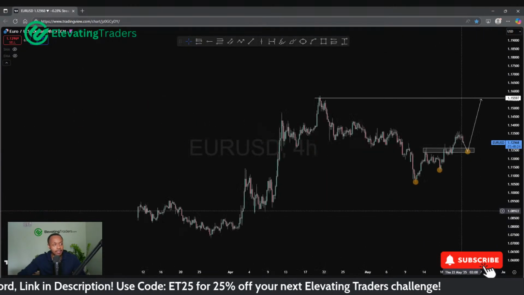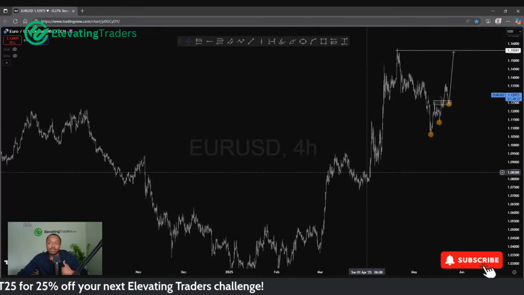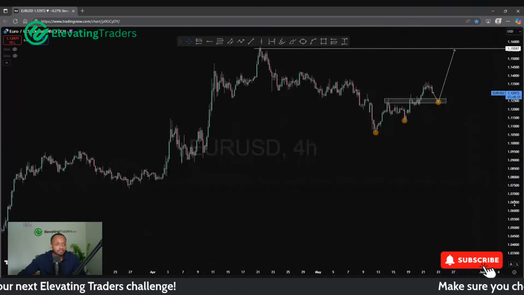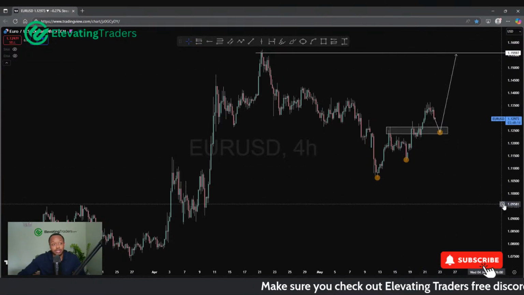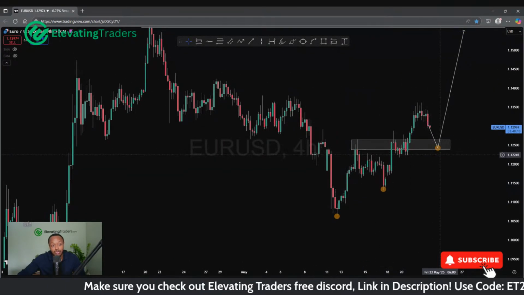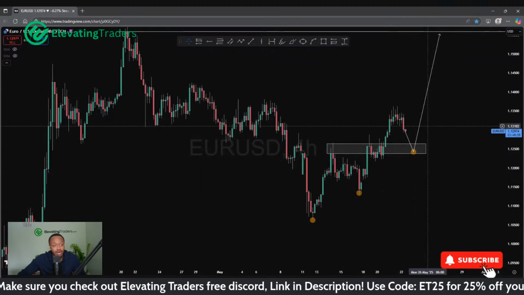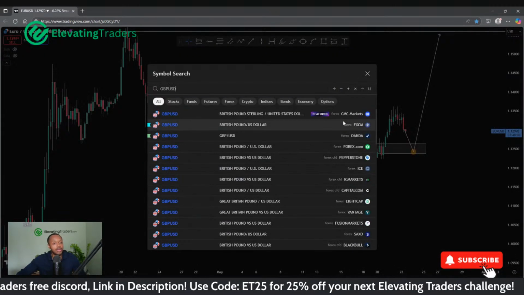But the way I see it, USD has been very bullish since the start of the year. I'm basically looking for that trend to continue. I was looking for a bit more downside first before we do push up, but it looks like the buyers have really stepped into the market this week. So yeah, if we can see another higher low, I think it's a great place for an entry to take Euro higher.